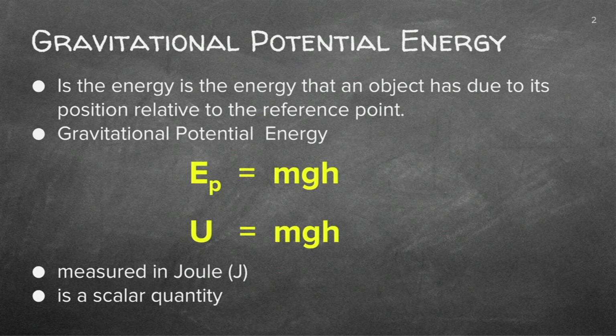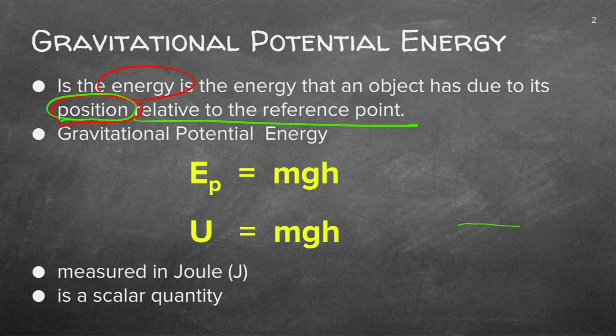Well, it's the energy of an object that's due to its position, whereas kinetic energy is the energy because of the movement or the motion. We've got the energy that's due to the position. It's got a certain energy, and it's always relative to a reference point, but in most cases, we're using the ground as a reference point.